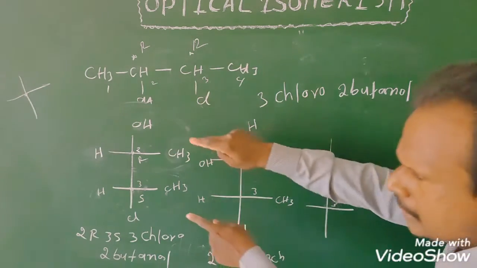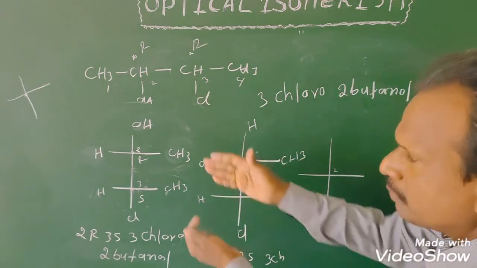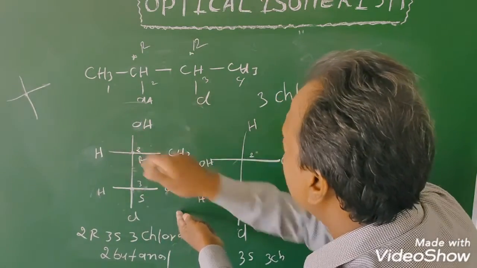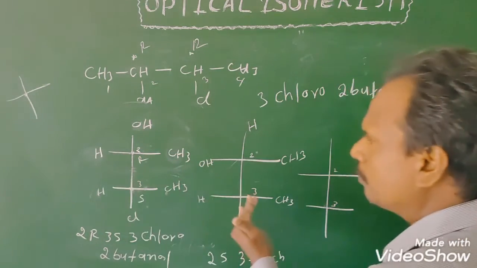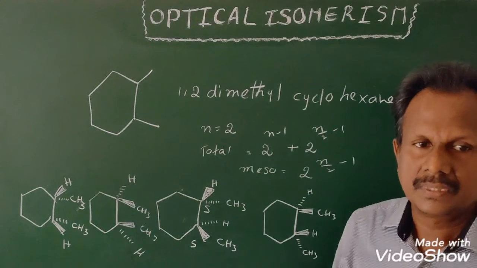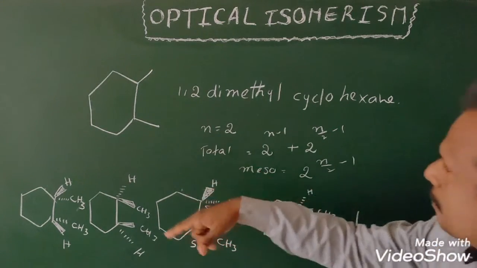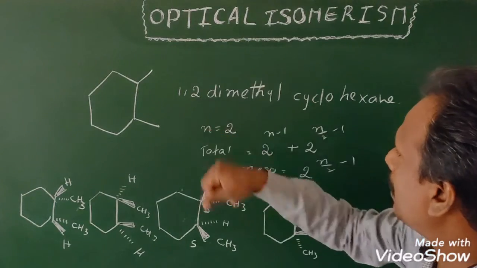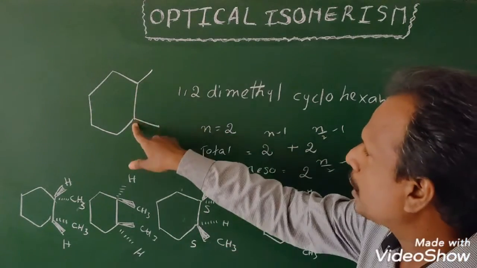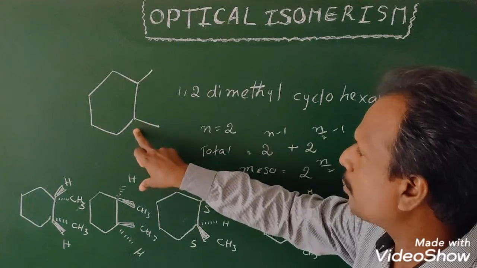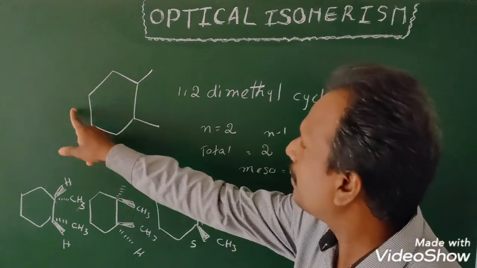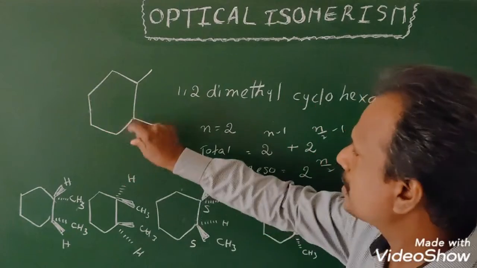By writing a compound in Fischer projection, from that compound through exchanges of groups by 90 degrees, we project the remaining isomers. It is the structural formula 1,2 dimethyl cyclohexane having 2 chiral carbons. Structural formula having 2 chiral carbons. Structural formula having symmetry. That means it bisects into 2 equal parts.